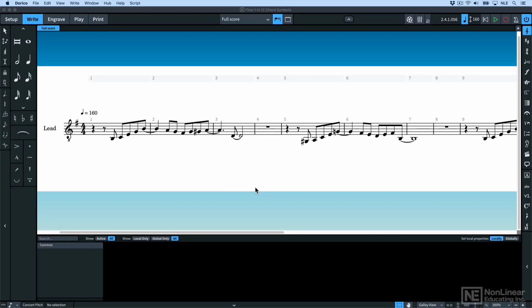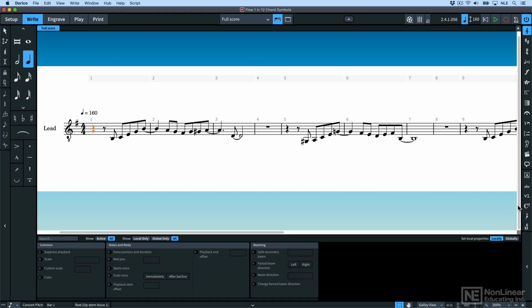Let's take a look at how Dorico handles chord symbols. I'm going to start by typing some in. They're down here, but if you click this button without selecting anything on the page, then nothing's going to happen. So select where you want to put a chord symbol, click the chord symbol button, or type Shift Q for